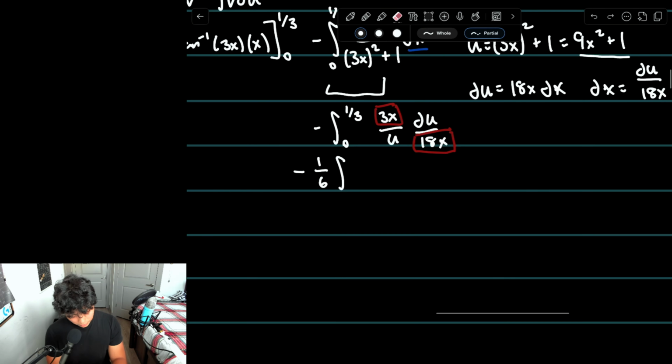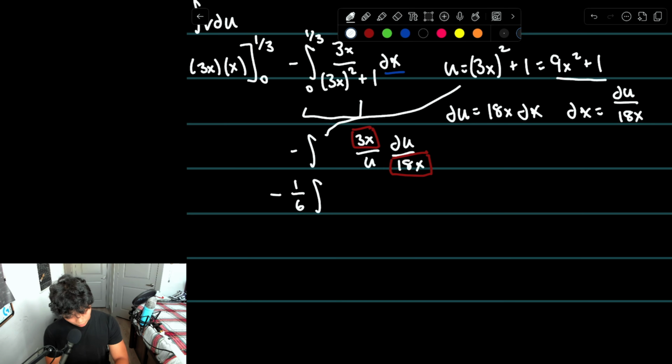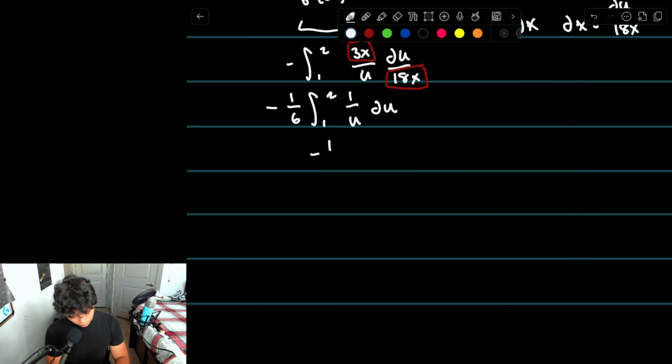Now, if you haven't noticed, my bounds are wrong because we did a u substitution, right? So we have to plug in what our previous bounds were, which is 0 to 1/3, into our u, which will give me 1 to 2. And then we are simply left with 1 over u du, which finally leaves us with 1 over 6 ln of absolute value u. And again, remember, absolute value is very important when integrating 1 over u,